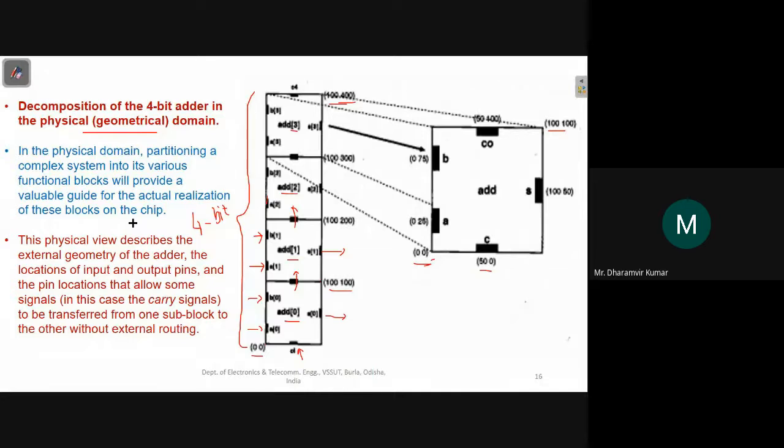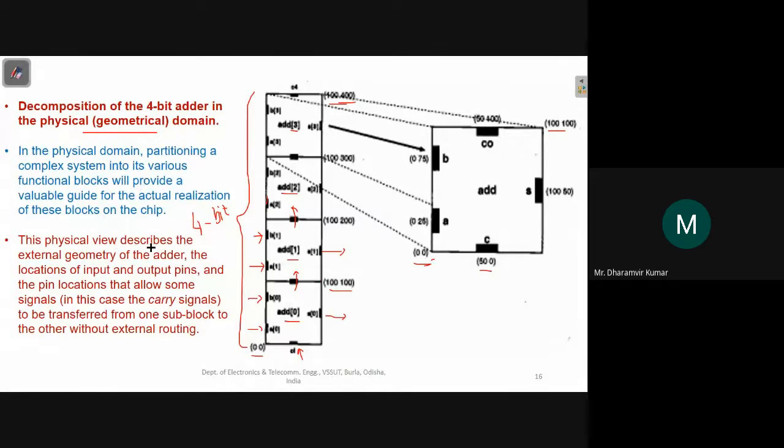So all these domains, whether it's a physical domain or a geometrical domain or a behavioral domain, are interrelated to each other. If you find a problem in the physical domain, you can relate it to the geometrical domain part.